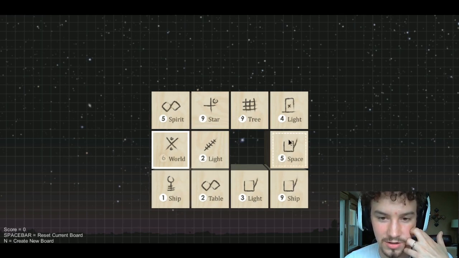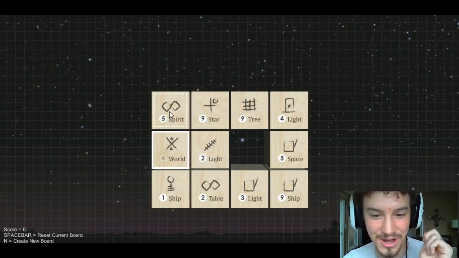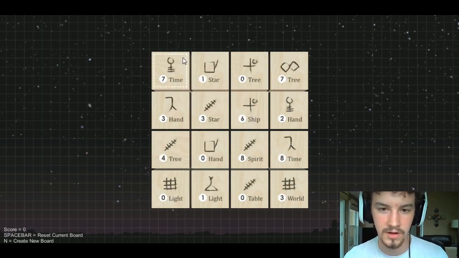I mean, you can kind of see, yeah. So in this case, because of the random way that I played, I no longer have any way to move forward. So you can go back to the original board by hitting spacebar,